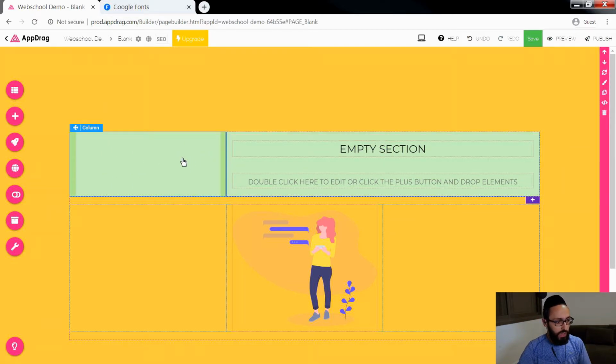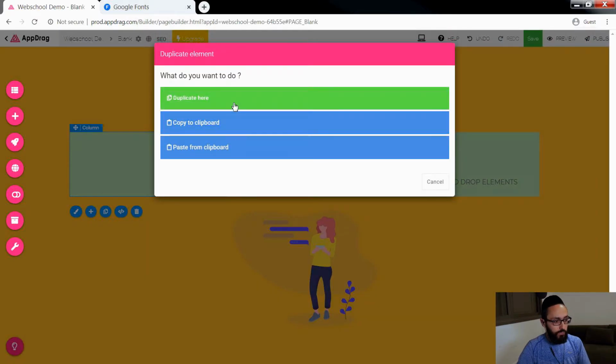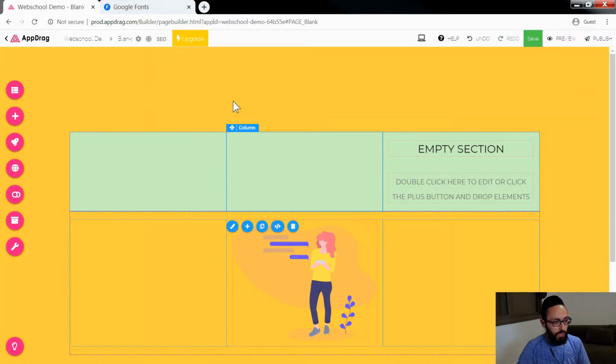So let's just delete all of that. And now I've got a blank column. We're going to duplicate this column right here. And watch what happens. Hit the button, duplicate here. And now that I have this new column, it's got to go back to 0, because it doesn't know how many new Bootstrap lines or columns to give to this brand new column. So it goes back to 0, takes the 12, and splits them into 3 evenly, which makes it 4, 4,